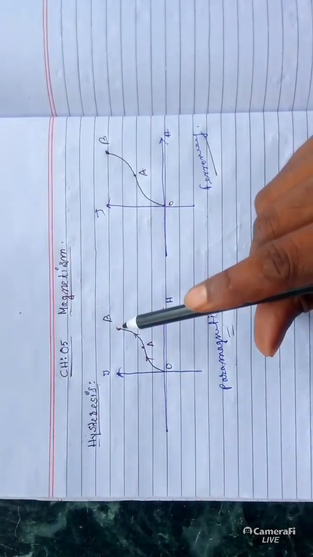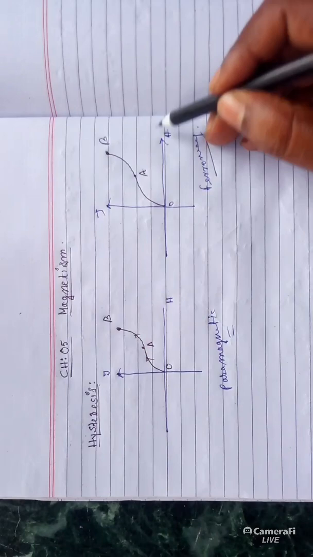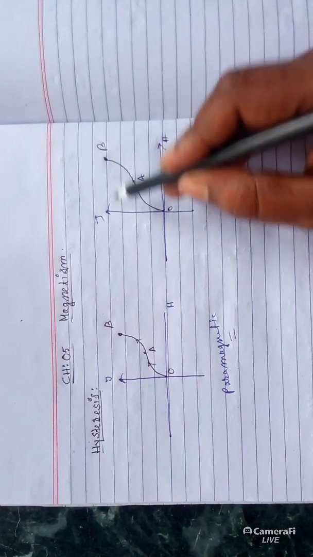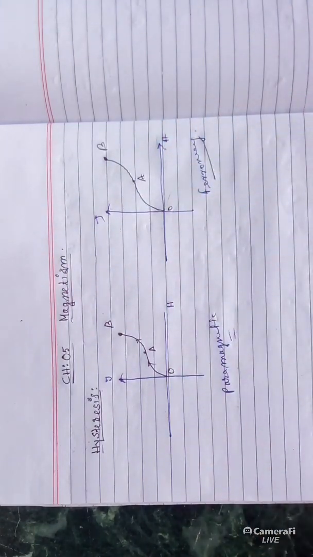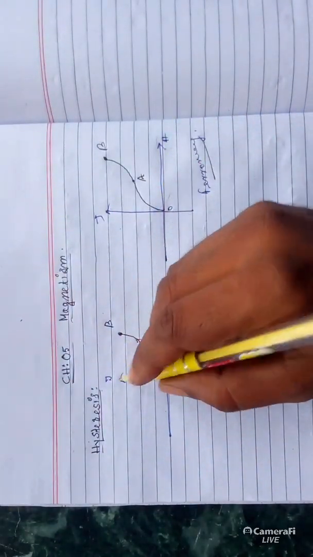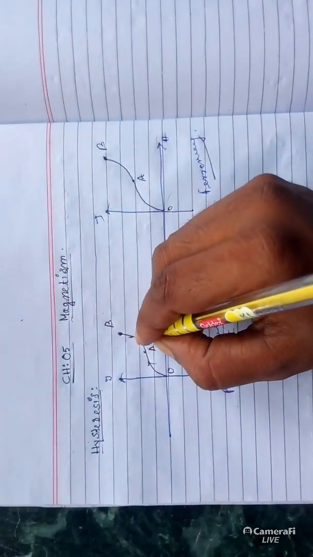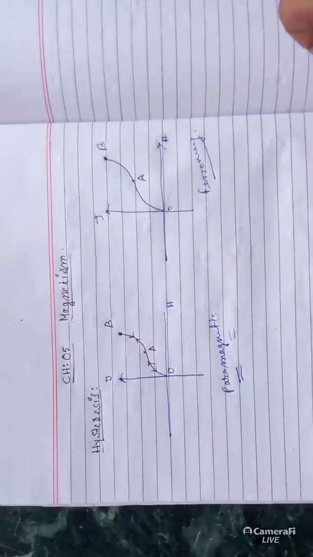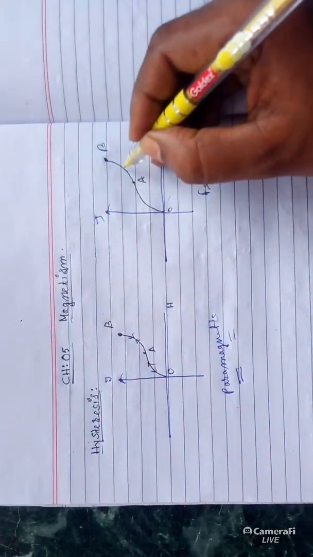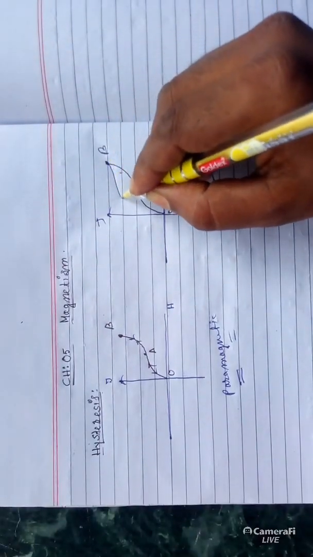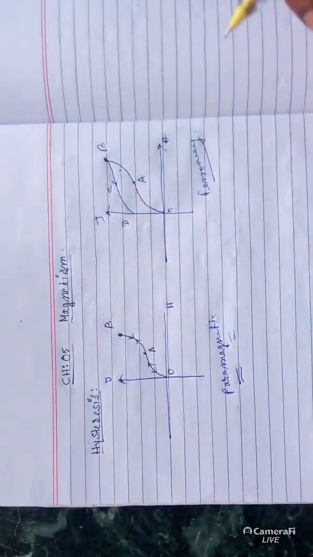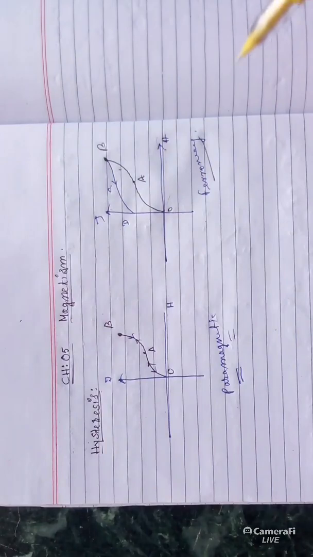Clear? So after coming to saturation, if we decrease H, then J will also decrease, but along another path. But for a paramagnetic substance, if we decrease H, then J will decrease along the same path. Clear? For a ferromagnetic substance, if we decrease H, J decreases along another path, along this one. Let this point be D, along the path B, C, D.